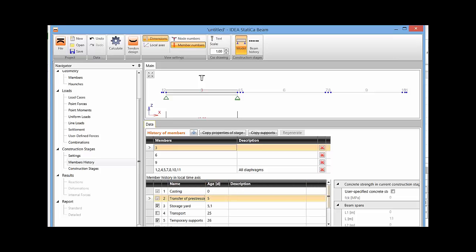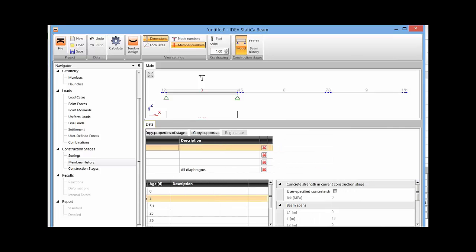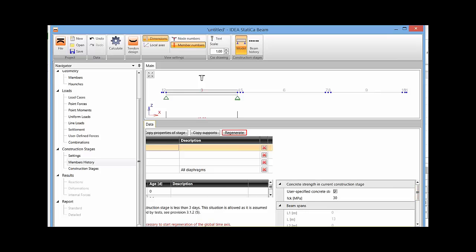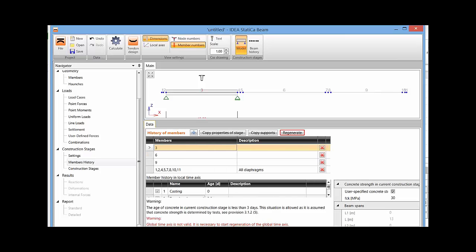Oh, we cannot move. It doesn't matter. I will do it somehow. Now I can do it now. So if I want to change this 5 days, I say I want to use user-specified strength of the concrete, and then I say, for example, my FCK at the time of pre-stressing will be 30 megapascals, and then automatically we have this